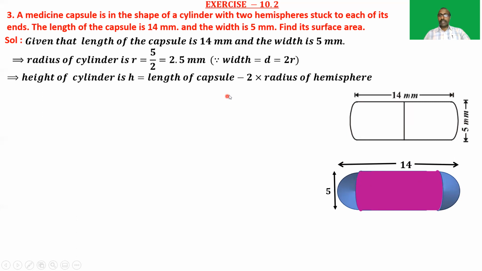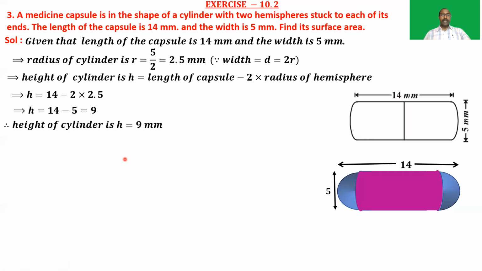That is, the length of the capsule minus twice the radius of the hemisphere. So here we have the length of the capsule as 14 millimeters and the radius of the hemisphere as 5 by 2. So the height of the cylinder is 14 minus twice the radius, that is 2 into 2.5. And from this we can write 14 minus 5, which is equal to 9. So the height of the cylinder is 9 millimeters. Okay, now